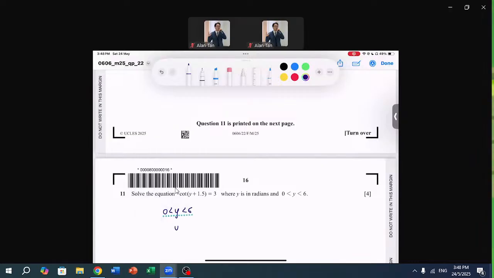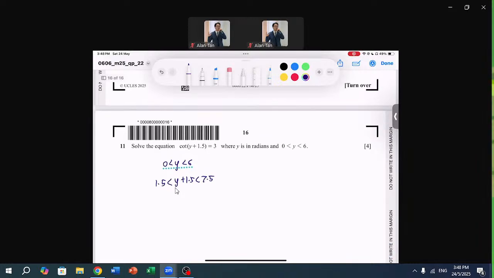So if it's y plus 1.5, our answers over here should be between 1.5 and 7.5. For your reference, 90 degrees is about 1.57. So this tells me that I'm looking at about quadrant 2